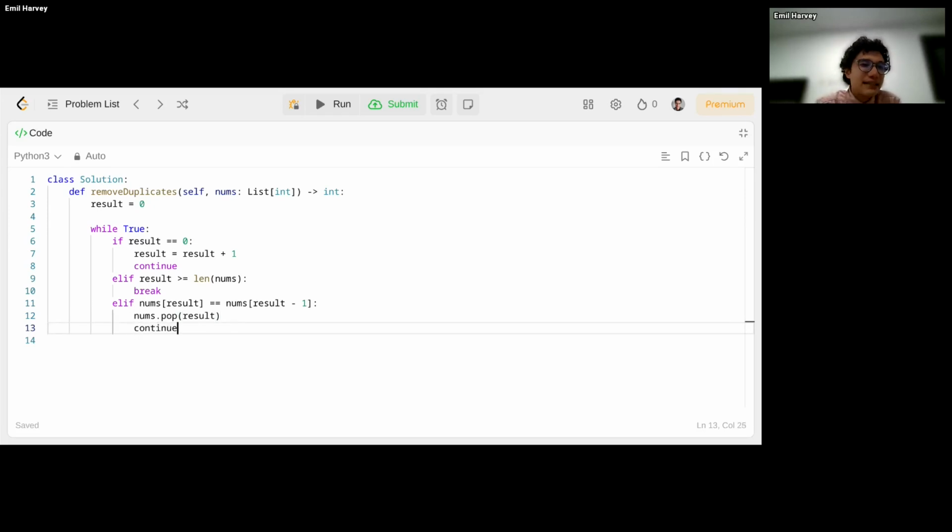You'll notice that I didn't increment result. I didn't say result equals result plus 1. That's because when we remove an element at results, then results will point to a different element, right?